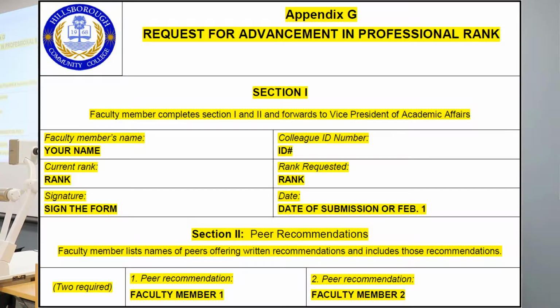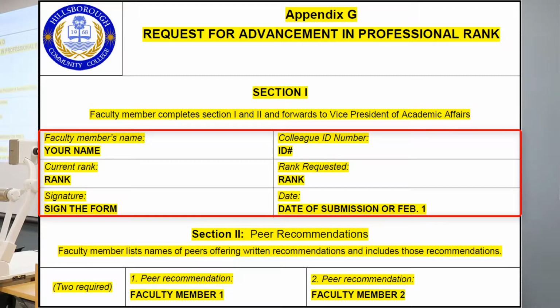The only thing you're required to fill out in the appendix is Section 1. So if you look at the appendix, which is the next page, everything that I have highlighted on the overhead is what you will fill out. You'll fill in your name, your college ID, your rank, the rank you are requesting, and if you're requesting 2 ranks, you'll put both ranks into the 2 ranks that you're requesting,